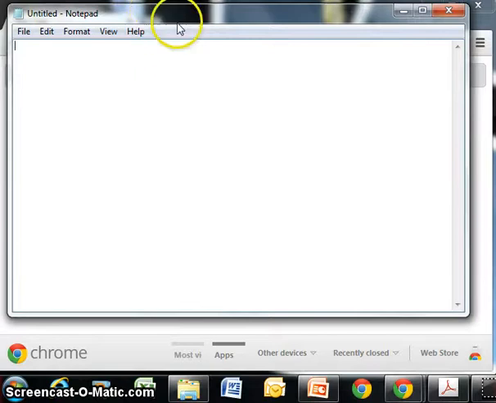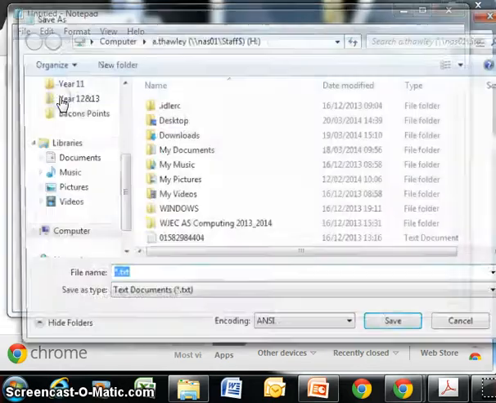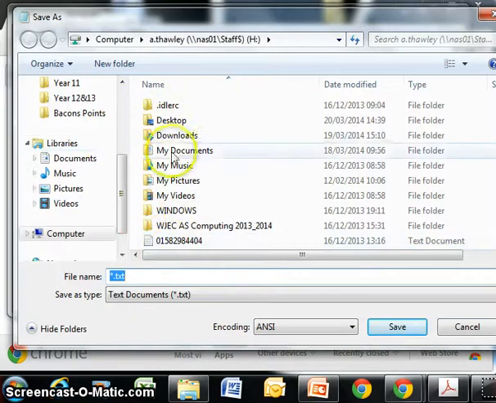Now, the first thing that often causes a lot of problems is when we save the file, it puts a .txt on the end. So we're going to make sure we don't do that to start with. So we're going to save as. We're going to go into our My Documents folder,